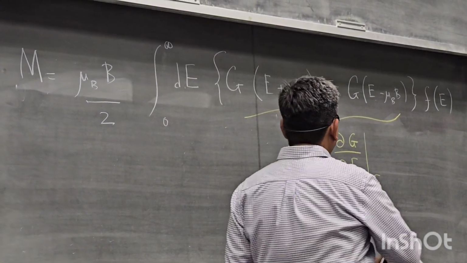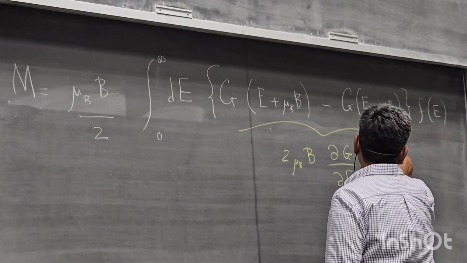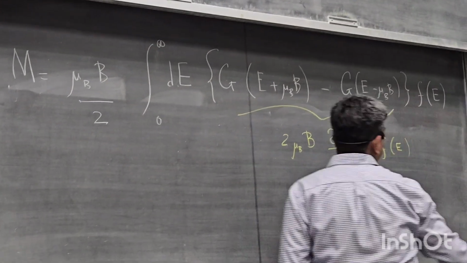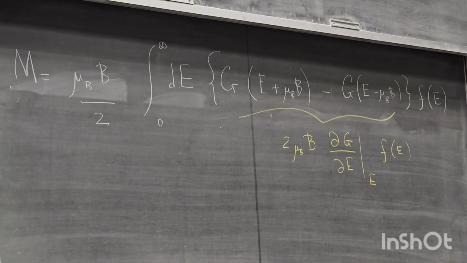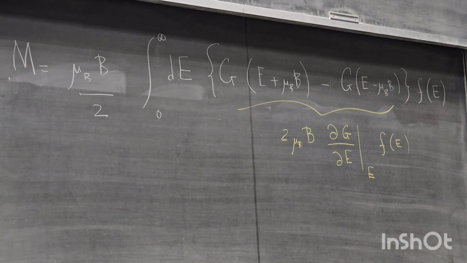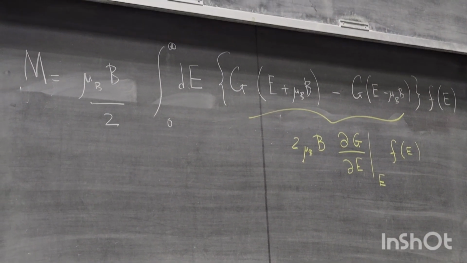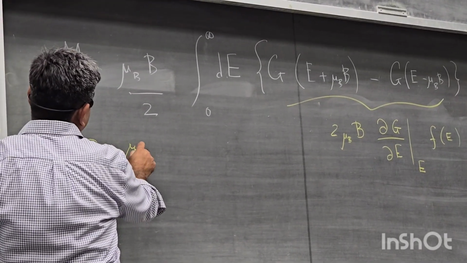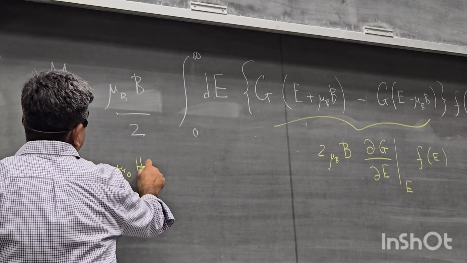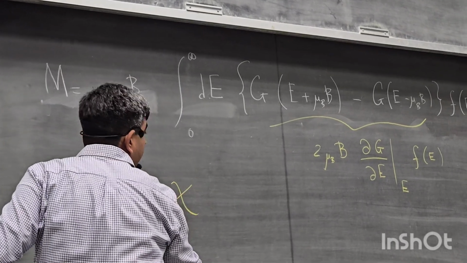So now you have this term multiplied with F. You can do an integration by parts, and finally you will arrive at some magnetization, and then you replace B by mu naught H, and you get the susceptibility,